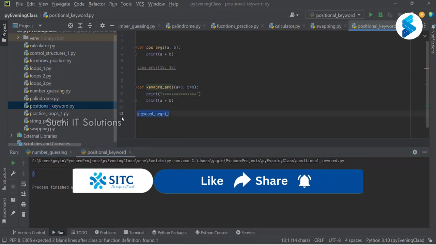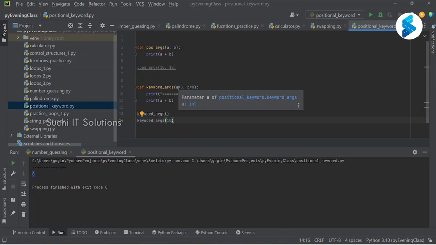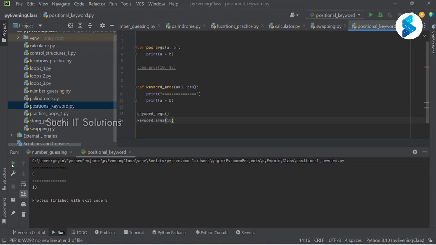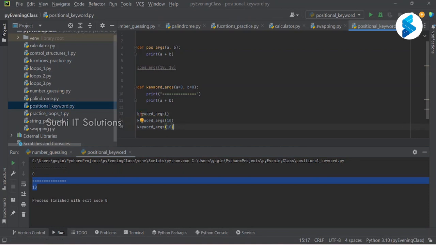Now let me just pass 10 to it. Now if you see what would be the output, I'm passing value 10 to the parameter A. So 10 plus 0 is 10 itself, right? Now I'm going to call this function in one more way where I'm going to pass